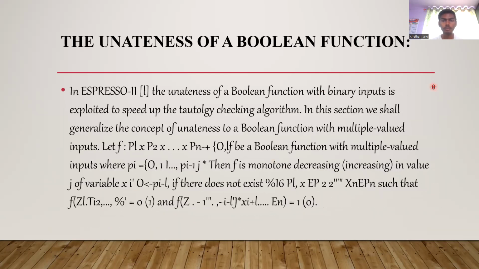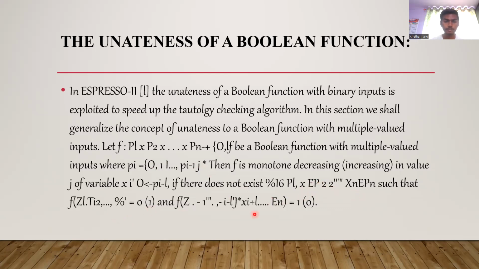The next one is the unateness of the Boolean function. The unateness of a Boolean function with binary inputs is exploited to speed up the tautology checking algorithm. In this section, we generalize the concept of unateness to a Boolean function with multiple valued inputs. Let f(P1, P2, ..., Pn) be a Boolean function with multiple valued inputs where Pi equals 0, 1, up to pi minus 1. Then f is monotone decreasing or increasing in the j-th variable if there do not exist P1 and P2 such that